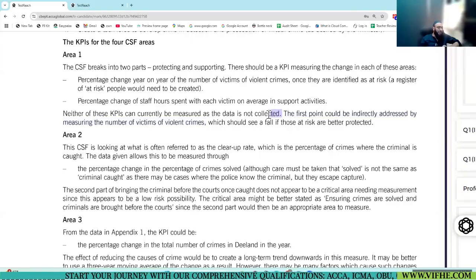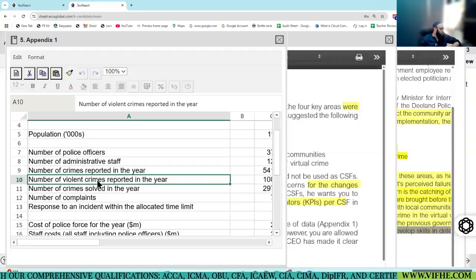Now, the first point he says can be indirectly addressed by measuring the victims of violent crime, and this is what they can do through the data available here, like the number of violent crimes reported in the year. Correct, everyone? Yes or no? So indirectly they say we can measure it, but not directly. We don't have that data, that is what I suggested. Fine.